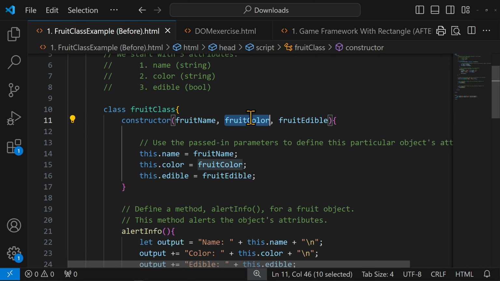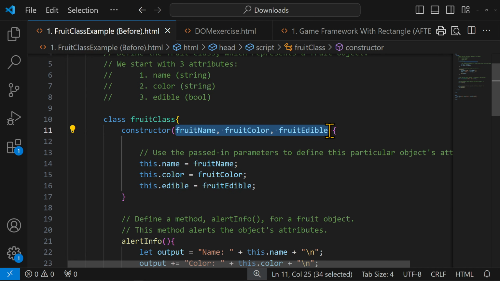Now, I can make these up however I want. These are just the three I chose here. And these are my parameters. These are placeholders, so they don't have any actual value right now. And what I'm going to do immediately is take those three parameters and save them with shorter